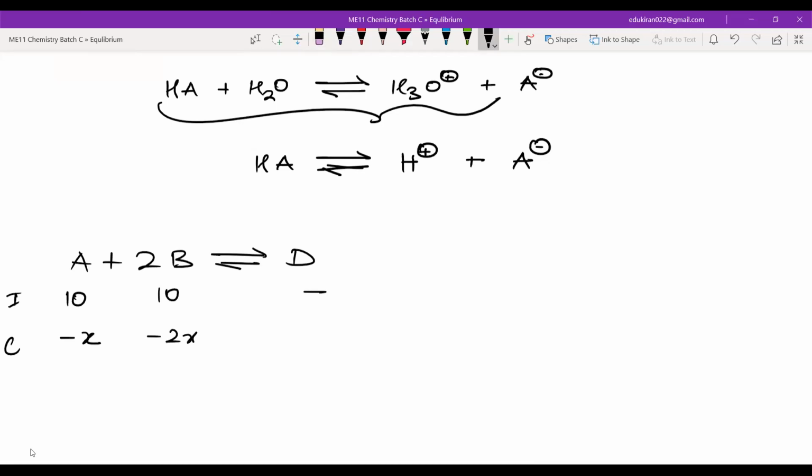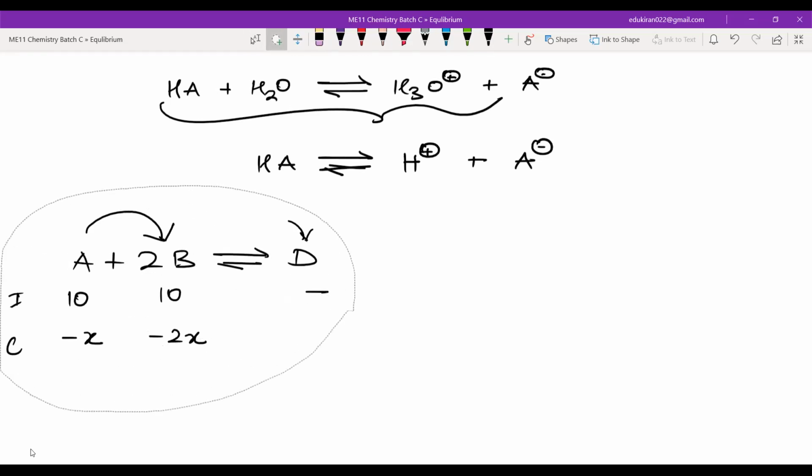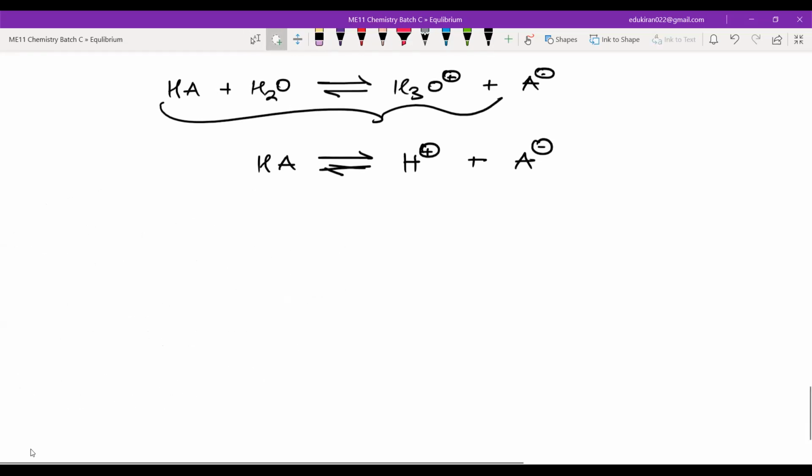Yes. Now, in this case, we were writing X because we did not know how much A is going to react with B, and how much D it is going to form. But in this case, when we have only one reactant and it is getting dissociated, we can write the change in terms of the fraction of the concentration that we have, because if I take some mole of HA, some mole of the acid,